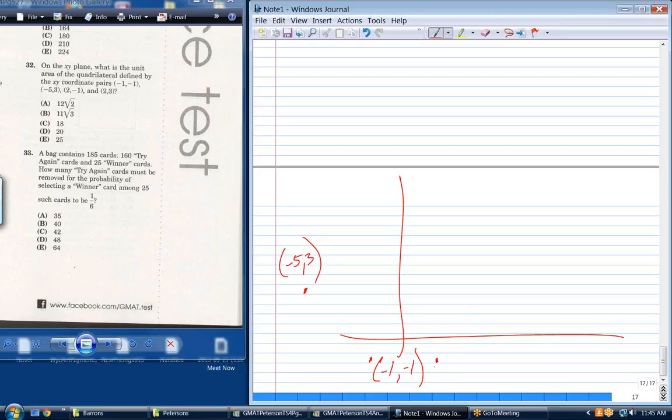Well, at least they gave us a couple of parallel lines. They're not going to make it terribly difficult. And 2, 3. So what do we have here? What figure are we looking at? What shape? It's a